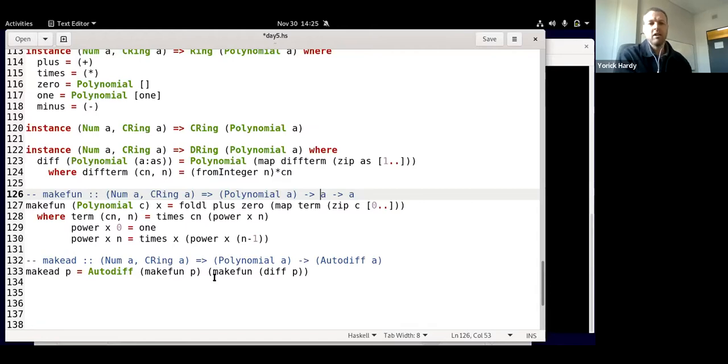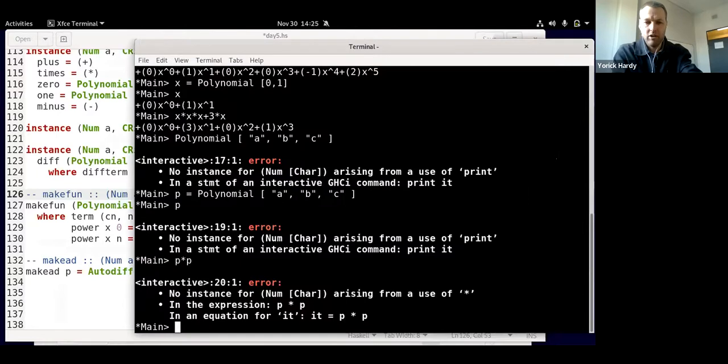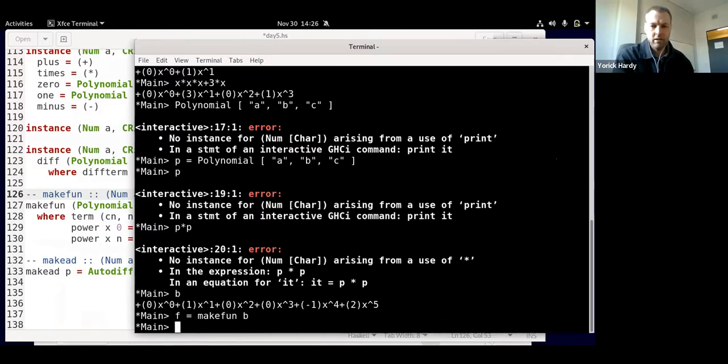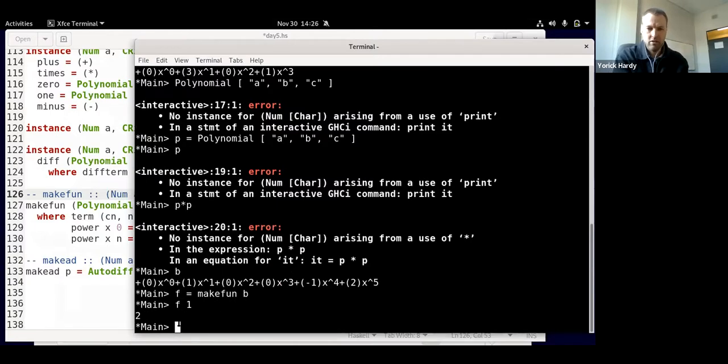So now we can make these functions. Let's see, have we got B still? So I can say f is the function which I produce from B, and I can take, for example, f of 1. That should be easy to check. So I will have 0 plus 1 plus 0 minus 1 plus 2 should give me 2. So that is correct. And then I can also make an AD